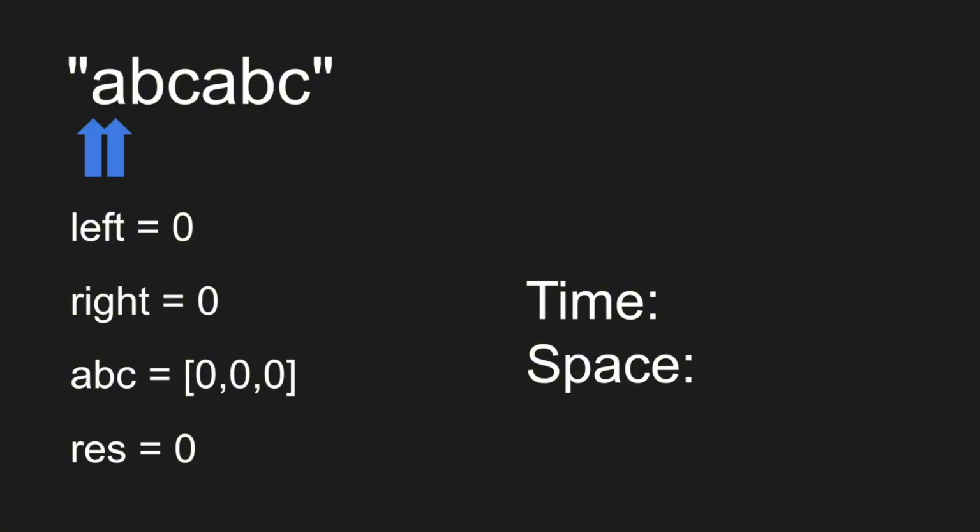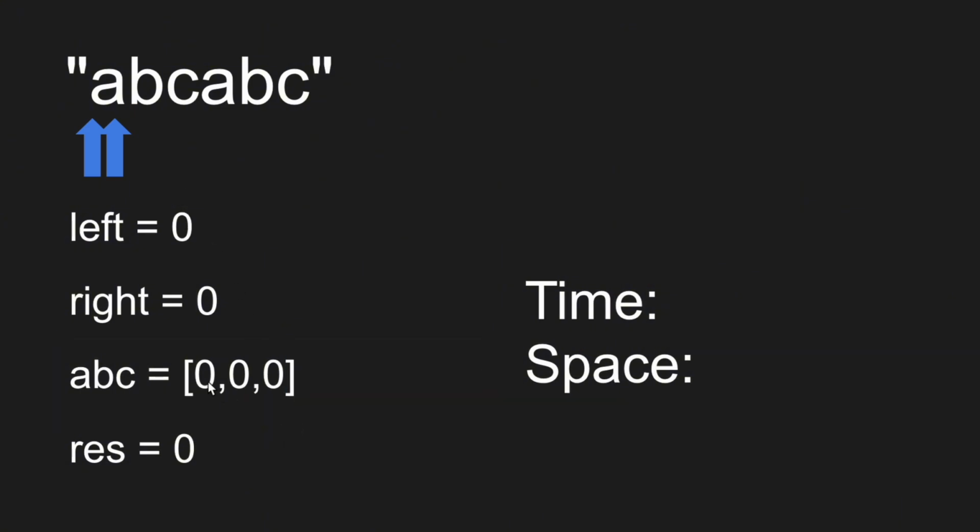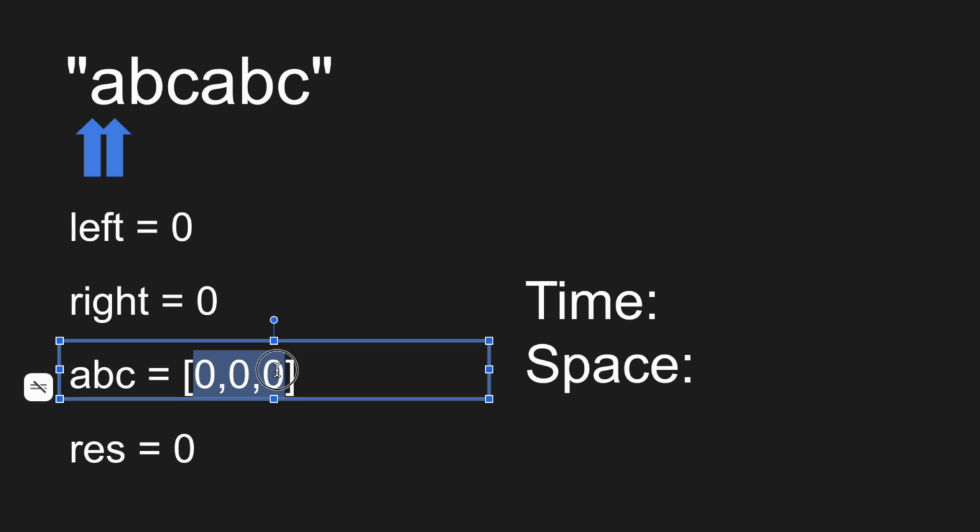One way that we can solve this problem is to use the sliding window approach. We will start both pointers at 0 and 0, and as we shift the right pointer, we will also update the ABC array accordingly. The first index will stand for the number of A's. At index 1, the second index, it will stand for the number of B's. And lastly, at index 2, it will stand for the number of C's. As long as all three of these have a value of 1 or higher, then we can update the